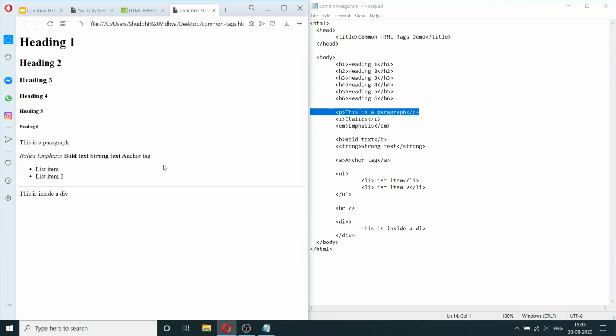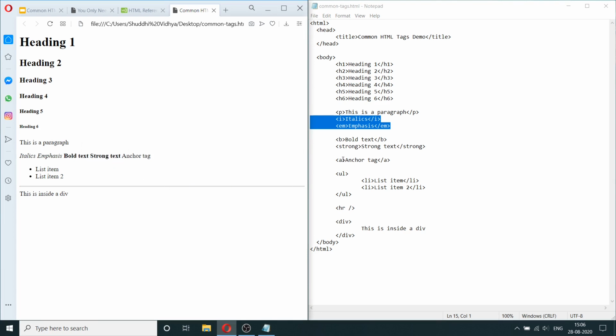So after the h1 to h6 headings, we have the paragraph tag demonstrated here, and that's what we see here. This is the paragraph tag, and here we have the italics and also the emphasis. You can see here that italics, emphasis, bold and strong are all in the same line, but paragraph is in a separate line. This is because the paragraph tag will basically put the content of the paragraph tag in its own line. That's why you're seeing it in a separate line, whereas the other tags may not do this. Okay, so the bold text and the strong text are both the same, as are the italics and emphasis. So you can see here the italics and emphasis results in the same output, just as the bold text and strong text result in the same output.